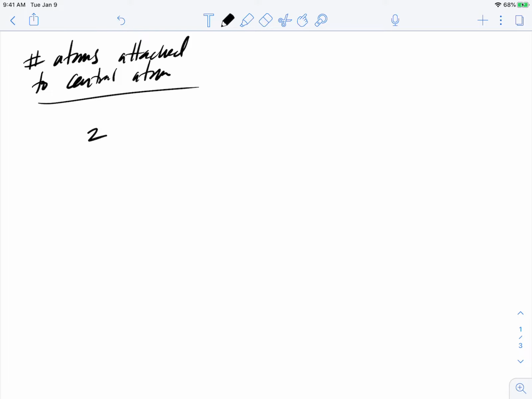We'll start off with 2. The example that we will use is CO2. There are lone pairs in the structure, just not on the central atom. And so our geometry, electron or molecular because it's the same,